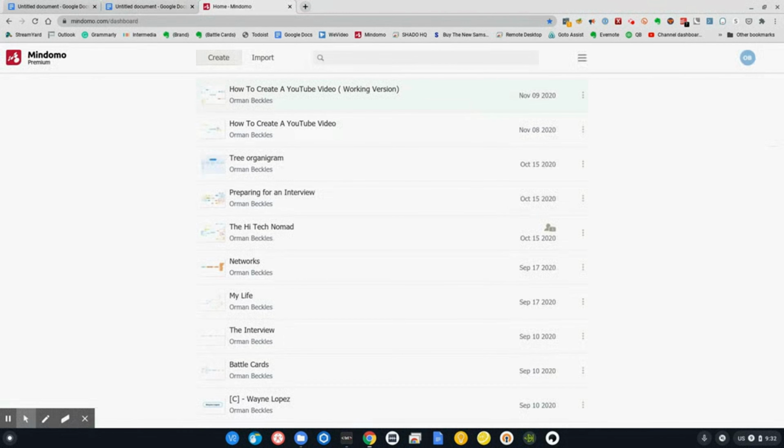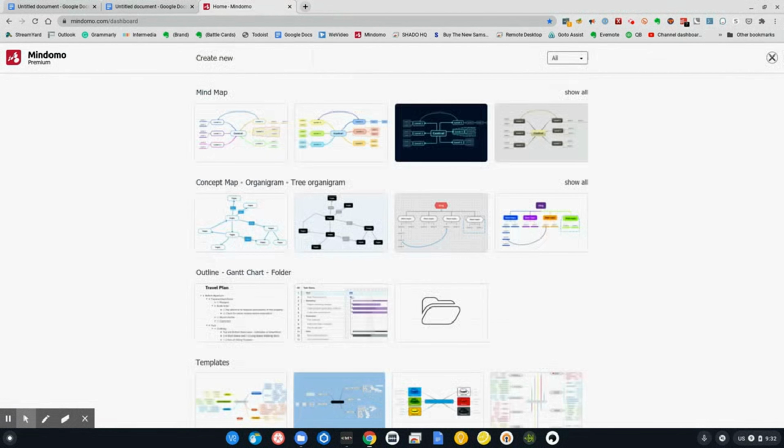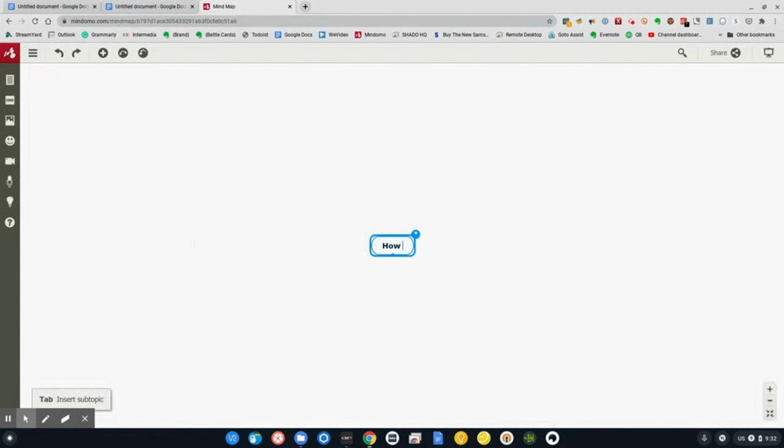This is called Mindomo, and it's specifically for mind maps to dump things out of your head. Click on create a new mind map. I'm going to say how to create a YouTube video. Hit the enter key, and I'm going to say ideas.